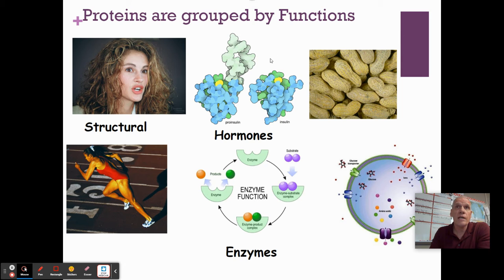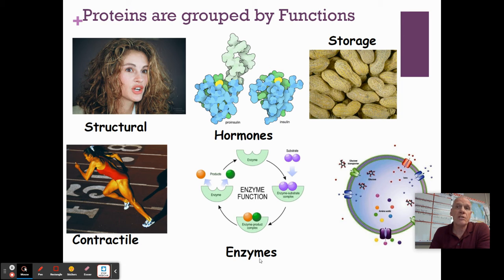But proteins have lots of different functions, and we like to group them by function. Structural is one of those, and I have this picture of this actress up here, and we can see her lips are all puffed up because she had a collagen injection. Collagen is an elastic-like protein that gives our skin its elastic abilities. Other proteins are contractile, and you can see we have a sprinter down here. And those are our muscles, basically. They're long proteins that slide past one another. Other proteins act as storage molecules, which we see in lots of seeds, which store various types of enzymes and things that they need to grow. Some are hormones, things like insulin, and they act as cell signals in our body.